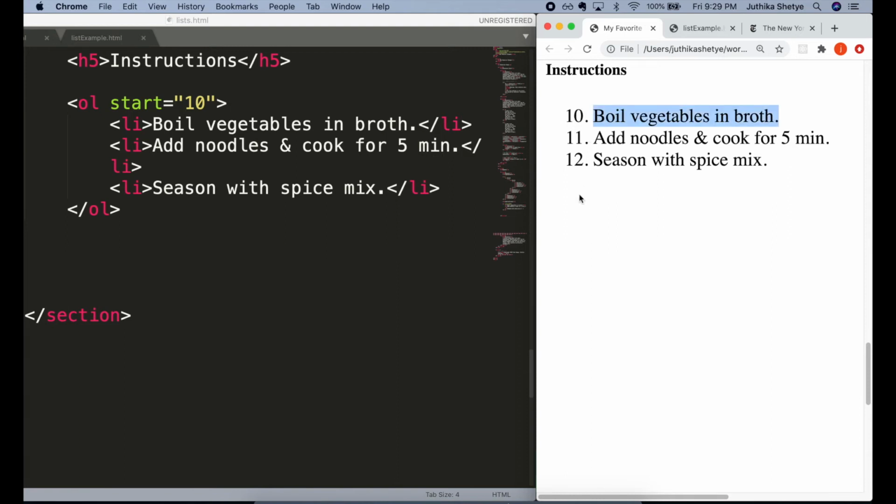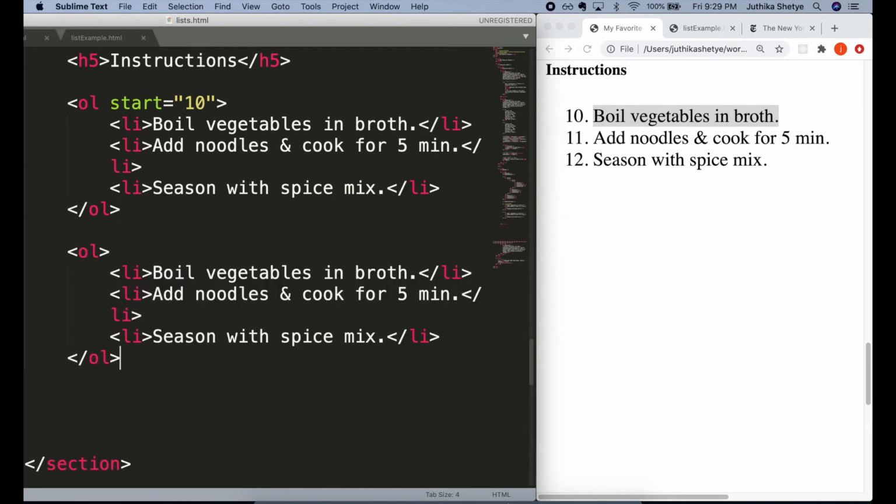Now, if for some reason you wanted to reverse the order of numbering in a particular list, then you can use the reversed attribute. Let me quickly show it to you by creating another list. And I will now write just the word reversed without any equal to sign or quotes inside the opening OL tag.